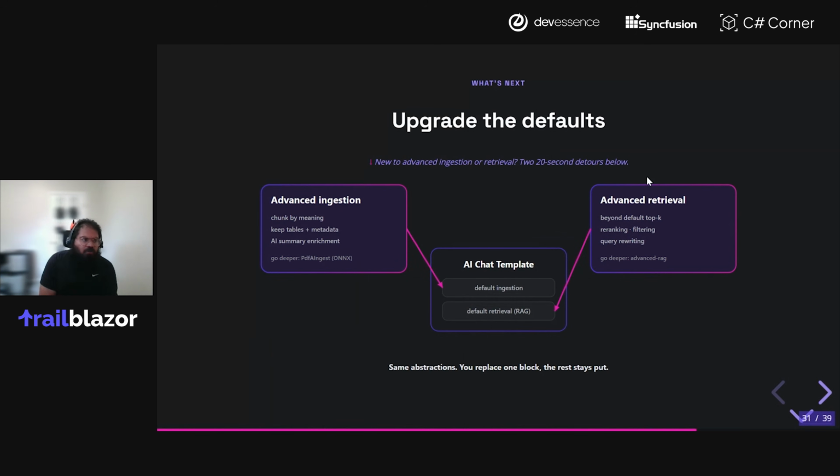Last but not least, I'll end on things that we are looking at next. I briefly touched upon ingestion, but one of the things that we often hear from customers is that PDF ingestion tends to be a problem. By no means is it solved across the board, not just in .NET. And so some of the things that we're doing here to try to address it is making it easier for you to use different types of processors as you're reading the data.